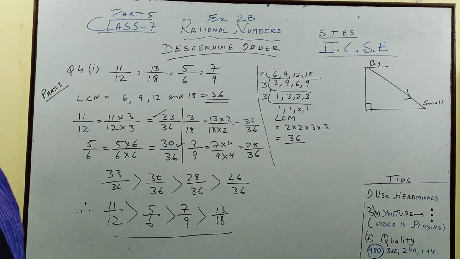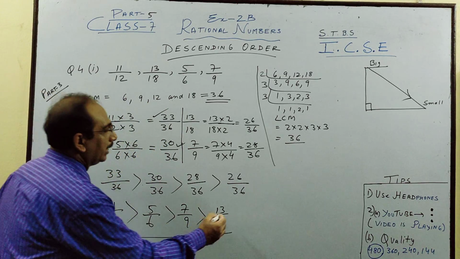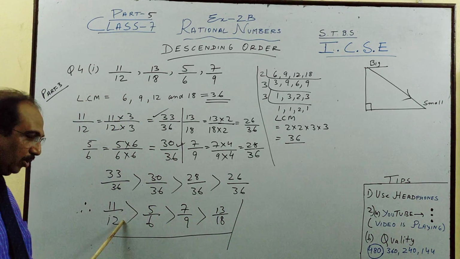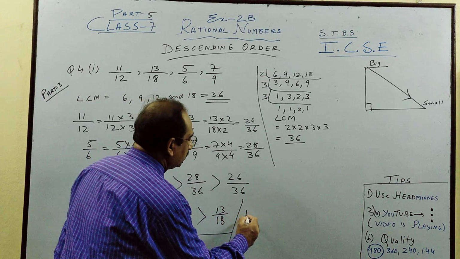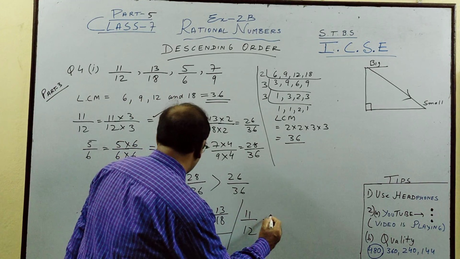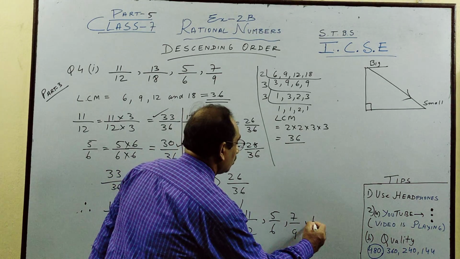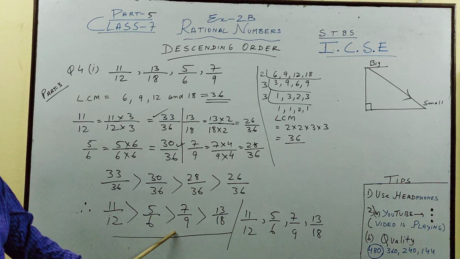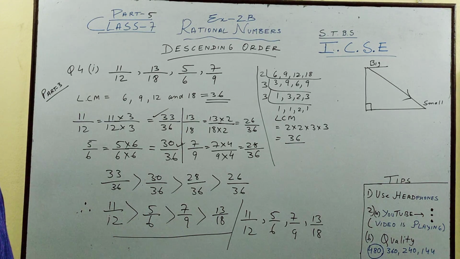Some books, as I told you, you can use any book. I am using one standard book. They write it like this. They don't write it with the open mouth sign, which means this is bigger than this, this is bigger than this. What they do, children, is simply put a comma. So this is also not wrong. This comma, this comma, this comma. So please pause the video and copy.